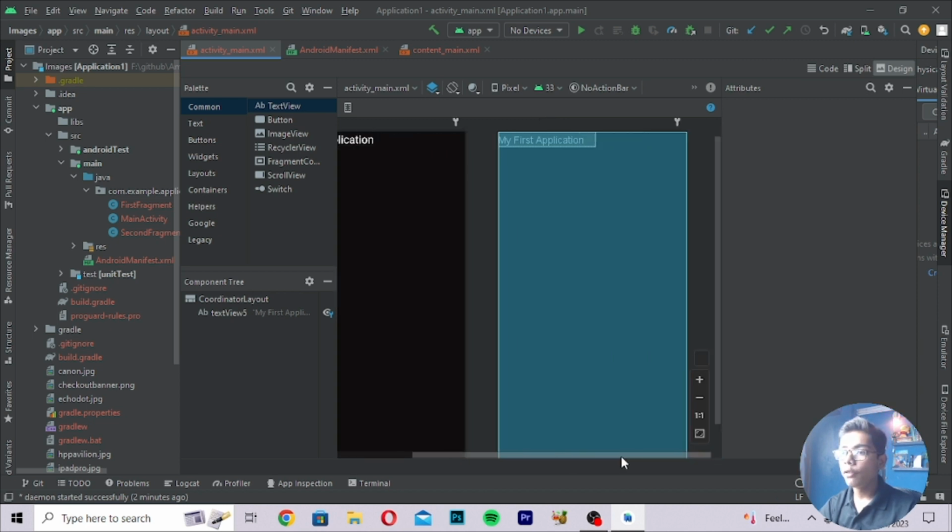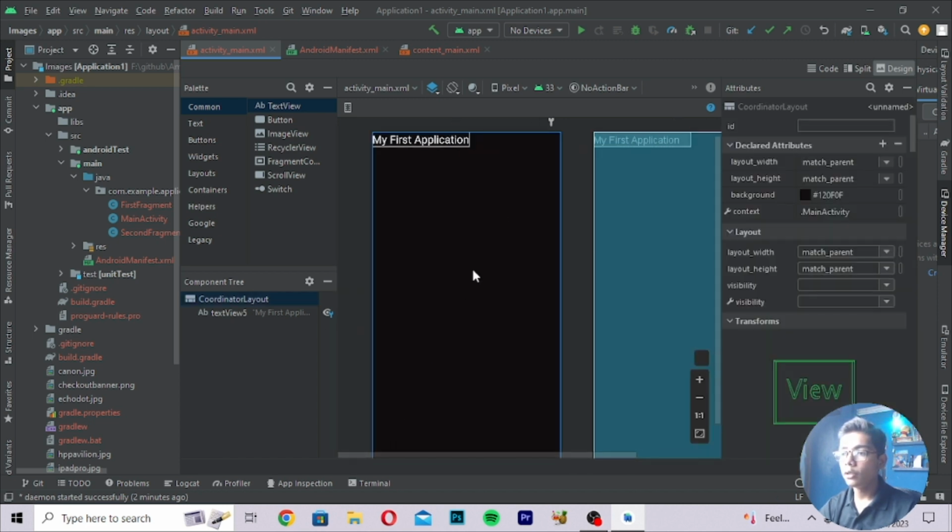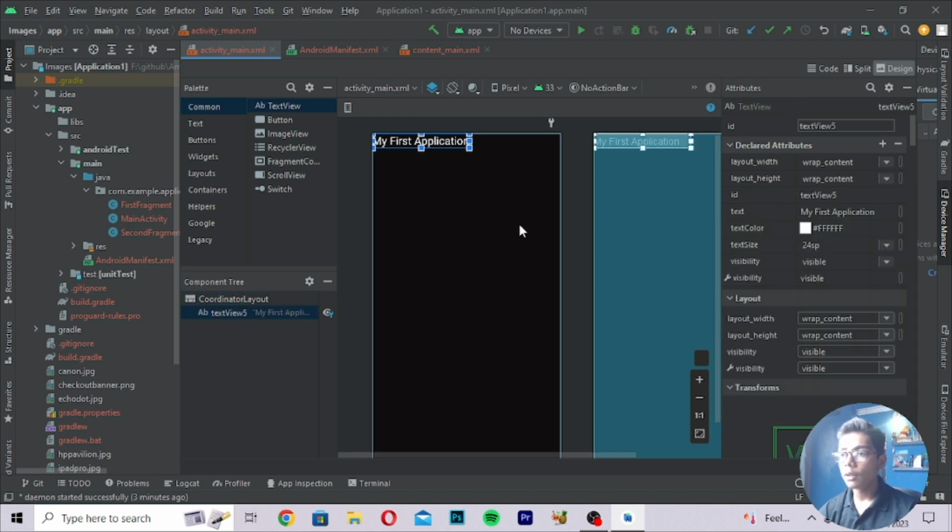So for using photo frame, first of all you have to make one file, and in the starting videos I told you how you can download Android Studio and how you can create your own folder. You can check that video out if you have not checked it yet. Remember to check that, because it will help you create your first layout here. So this was my first layout which I have created, and this was our first application,